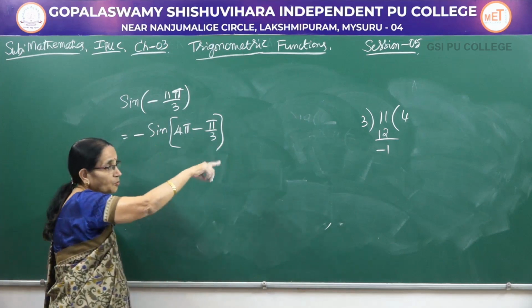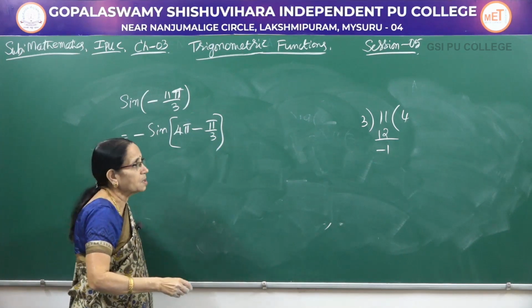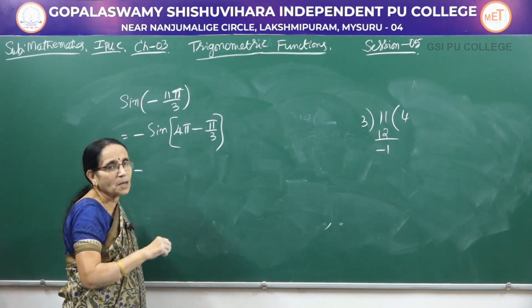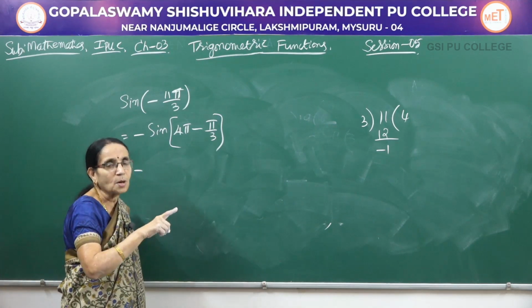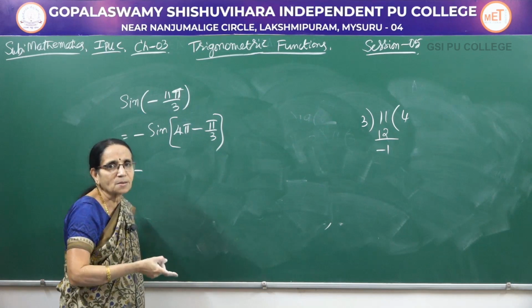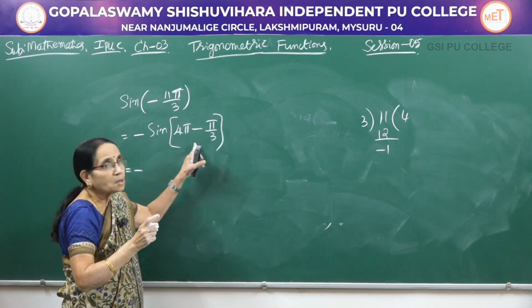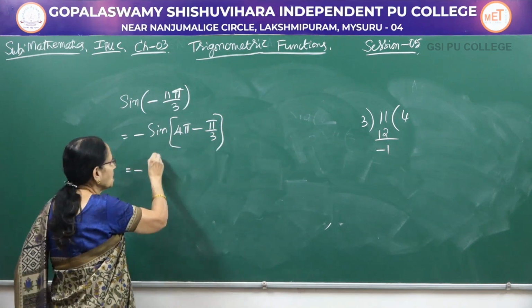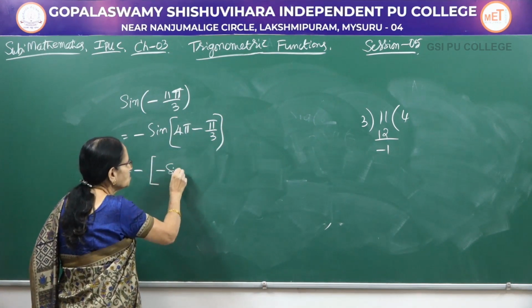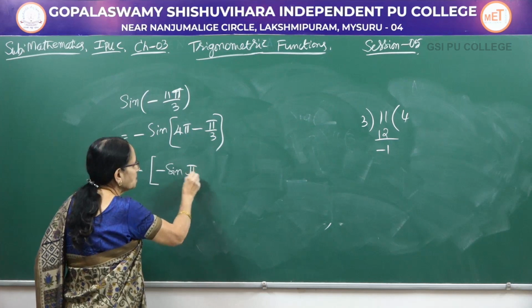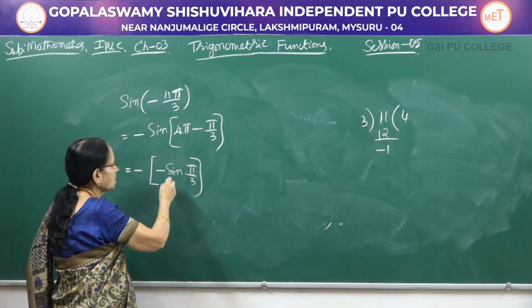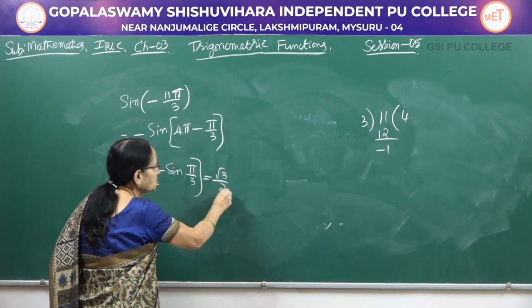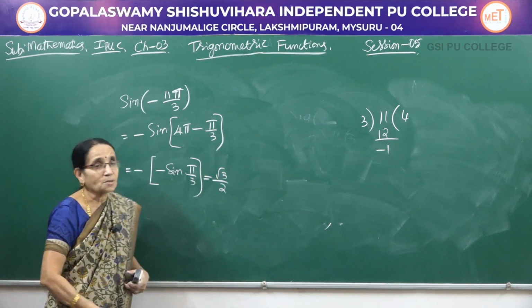See, in the previous first and second problems, I had plus 1 in the denominator, minus pi by 3. Look here, 4 pi minus something. 2 pi means first round, 4 pi minus something means it comes in the fourth quadrant. In the fourth quadrant also sine is negative. So, minus sine of pi by 3, okay, pi by 3. Therefore, minus of minus, plus sine pi by 3 is root 3 by 2. So, both methods are correct.